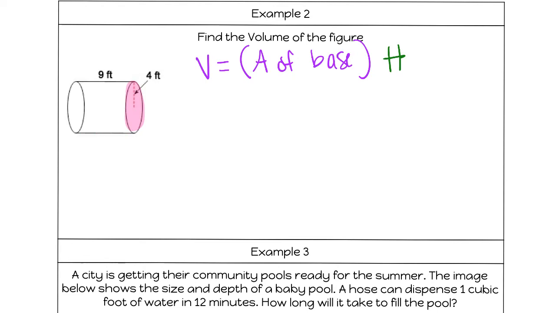Okay, so the area of a circle is pi times the radius squared. Then we'll take that times the height of my cylinder. Okay, my radius is right here and it's 4 feet. So this pi